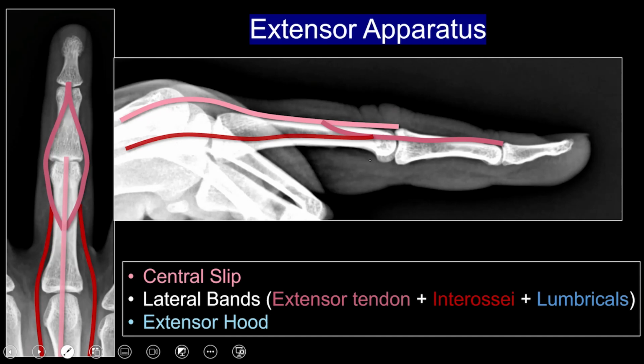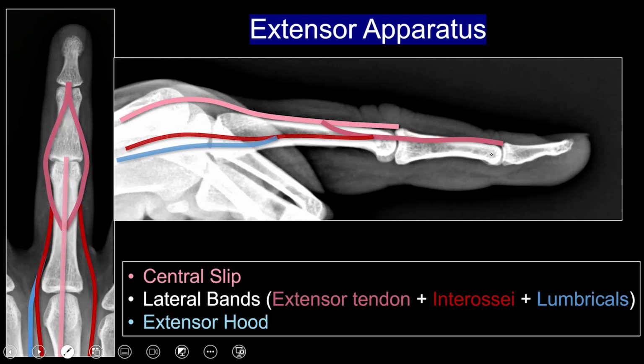And in addition, you also have the contribution from the lumbricals. Now, keep in mind, the lumbricals arise from the tendon of the flexor digitorum profundus, and they are situated on the radial side. The lumbricals come and attach to the common tendon of the interossei, which attaches to the lateral slip, and they form what is called the lateral band of the